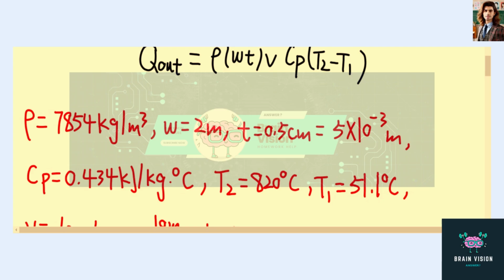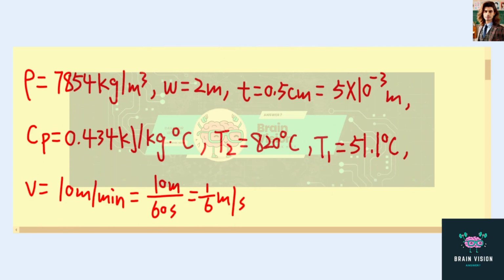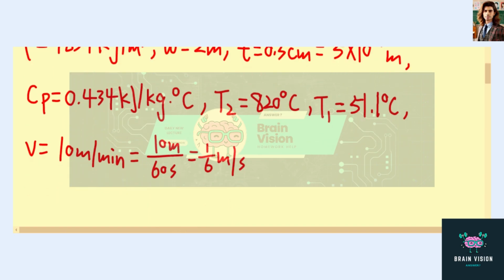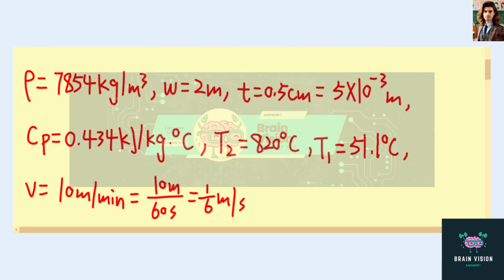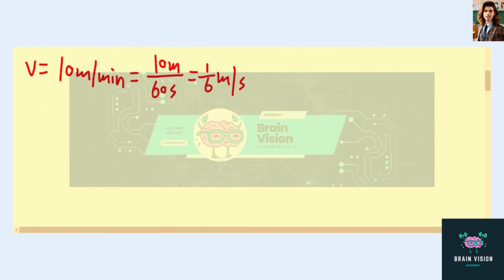Okay, so we have final temperature is 820 degrees Celsius. Initial temperature is 51.1 degrees Celsius. And then we know the velocity is given as 10 meter per minute. If we convert it to meter per second, it's about 1/6 meter per second. So now let's plug back into the equation to determine the rate of heat removed from the oil. So we have Q dot is equal to